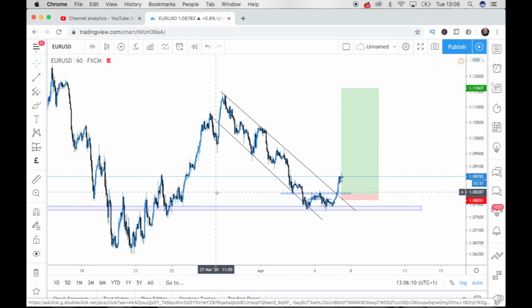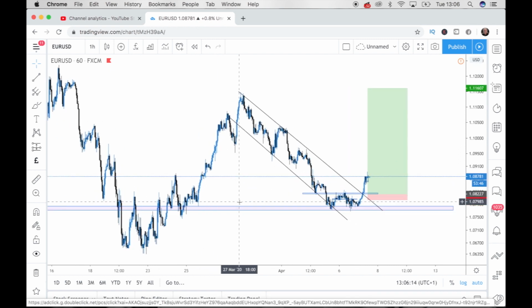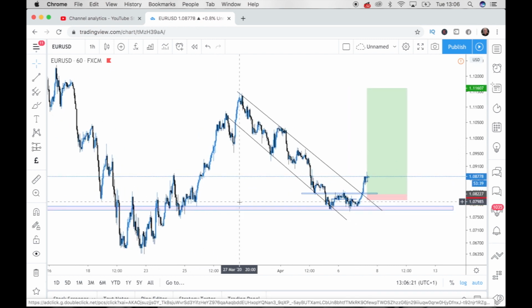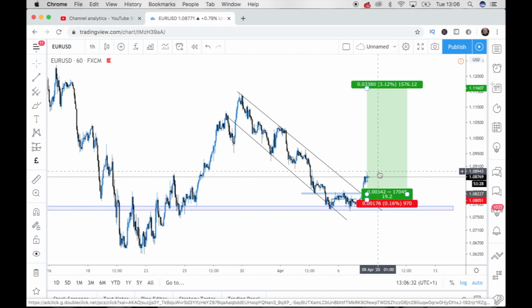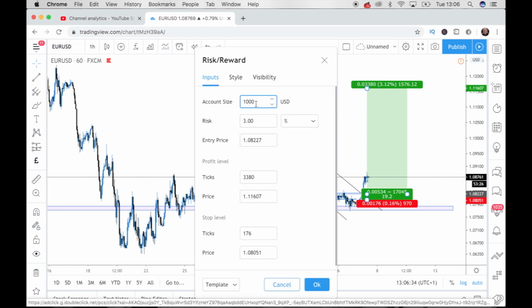So what I do is this: I trade percentages, I don't trade amounts. That means I always choose a percentage of my account to risk, and I stick to it at all times. So when I say that, I mean like literally I choose a 3% risk per trade. So that means every single trade I enter, the risk is 3%. So let's just say this was a £1,000 account, like it is here, and I'm risking 3% down here,